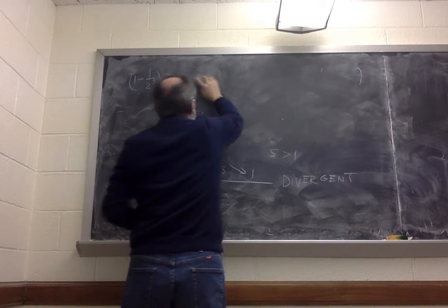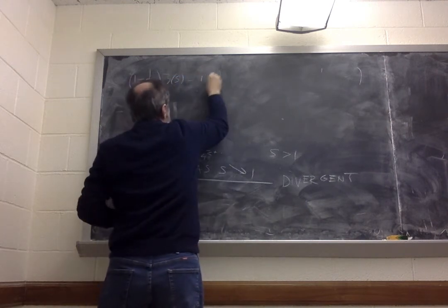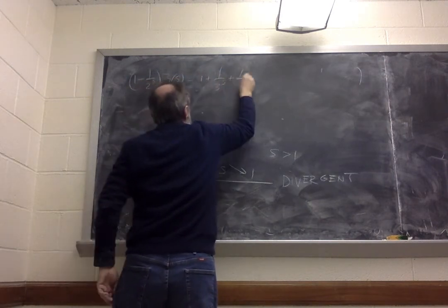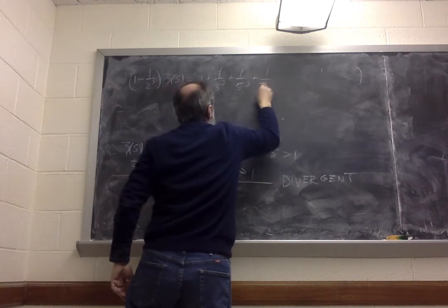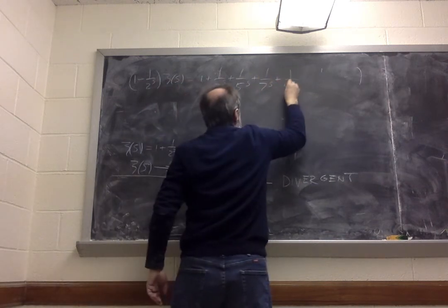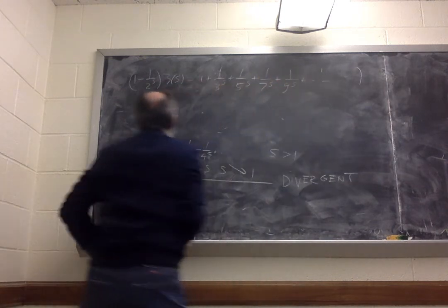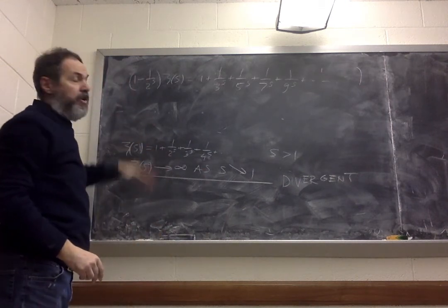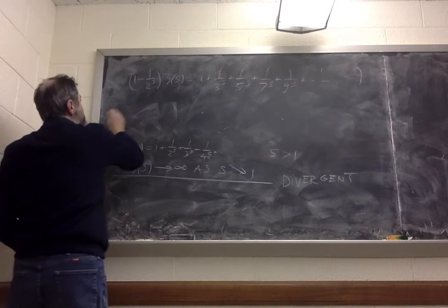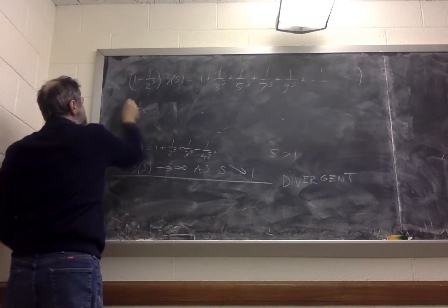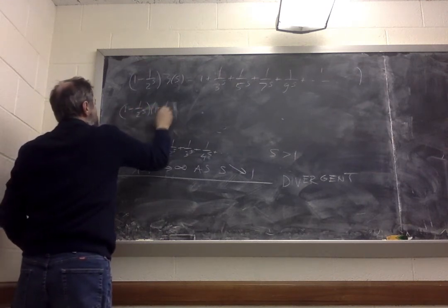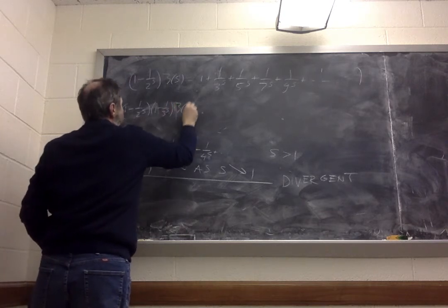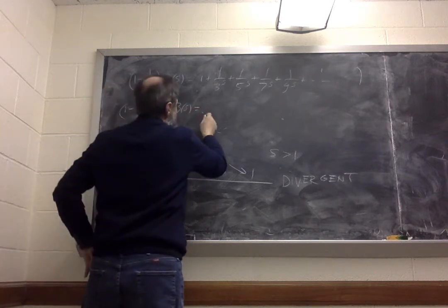So this gives 1 plus 1 over 3 to the s plus 1 over 5 to the s plus 1 over 7 to the s and so on, 1 over 9 to the s. Let's see now. Next, Euler multiplies this by 1 minus 1 over 3 to the s. So he has 1 minus 1 over 2 to the s times 1 minus 1 over 3 to the s times zeta of s, and it is equal to,